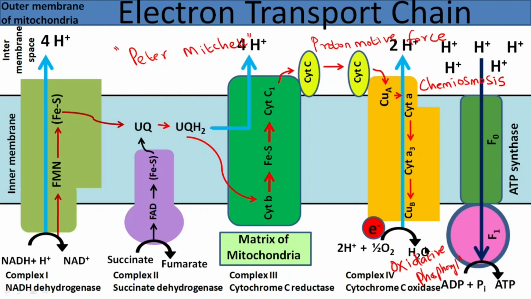We call this oxidative phosphorylation because energy that is required for this phosphorylation is obtained from redox reactions that happen along the electron transport system. So far, we have seen how electrons from complex 1 and complex 2 are transported along the electron transport chain, how protons are pumped into the intermembrane space of mitochondria, and how when these protons return into the matrix, ATP molecules are synthesized by oxidative phosphorylation.